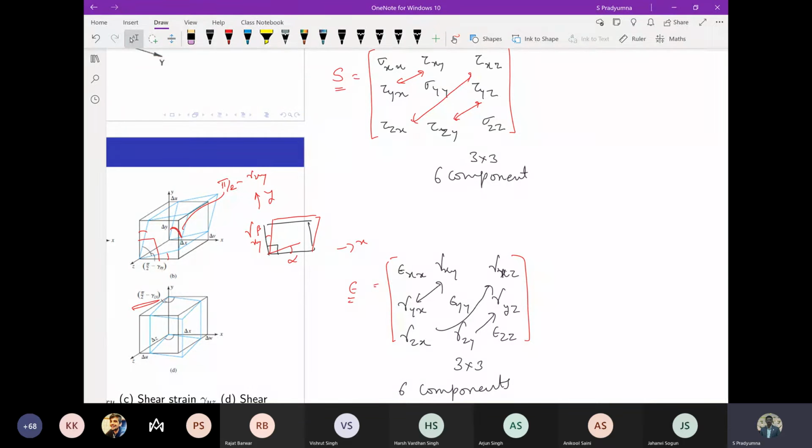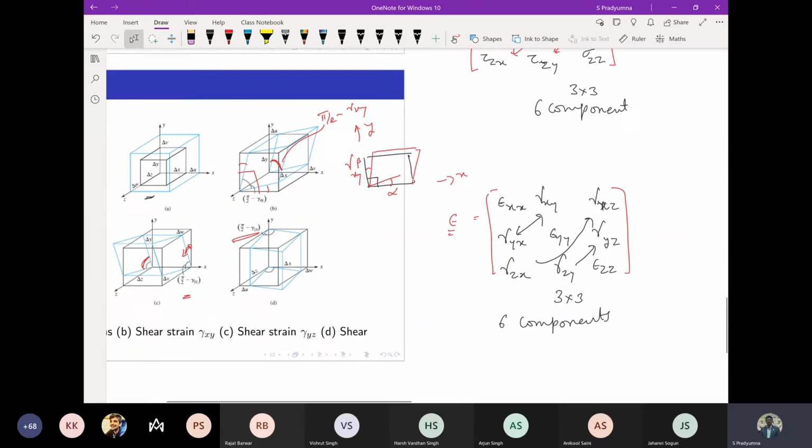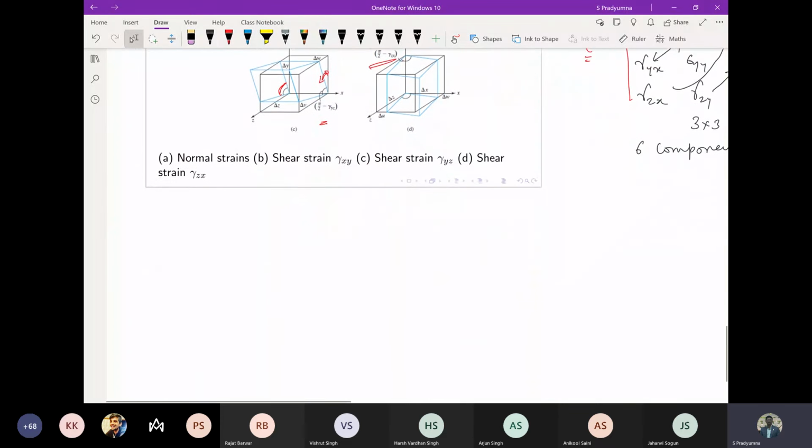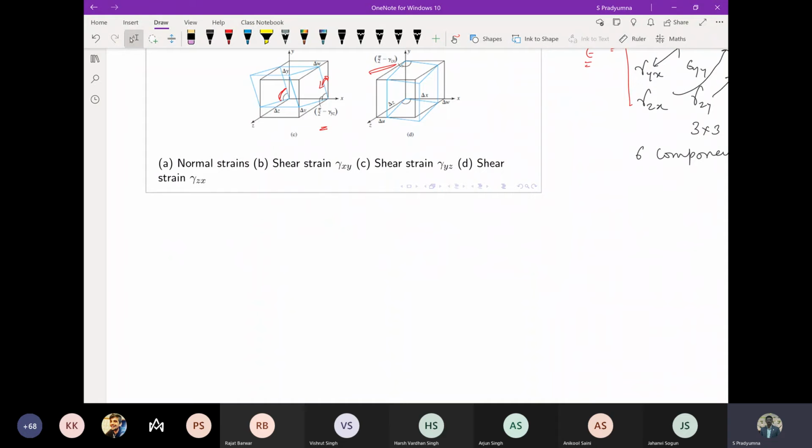Now we can do the analysis of stress and strain also. For example, how do I define the stress? That's what we have done: we take the force and divide by the area. If you want it for a particular point, you limit the area to be equal to 0, and then you get the stress at a point. Now, what is the displacement and strain? So now I'll write here displacement and strain.